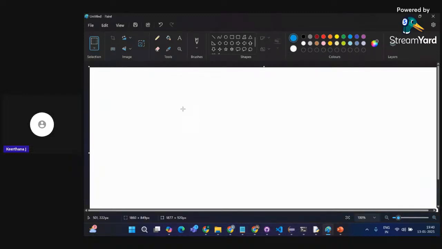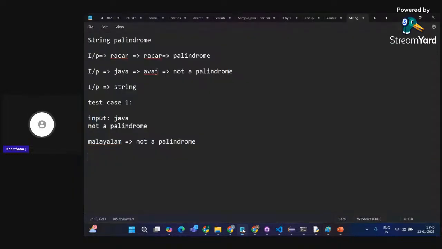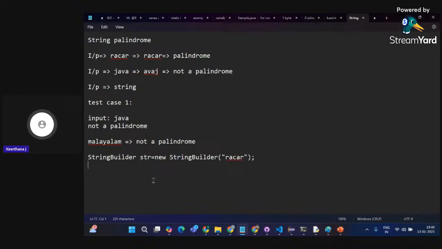So either you can apply the basic functions used in Java. For that you have to create the string with the help of the StringBuilder class. Then new StringBuilder of the string racecar, and then you apply methods like str.reverse and check. The reverse method is a built-in function available in Java, which you can go and explore. Here I'll be teaching you a very interesting algorithm.